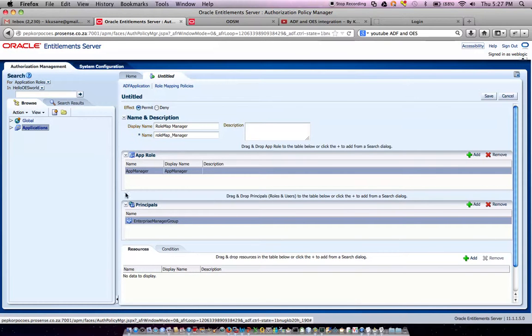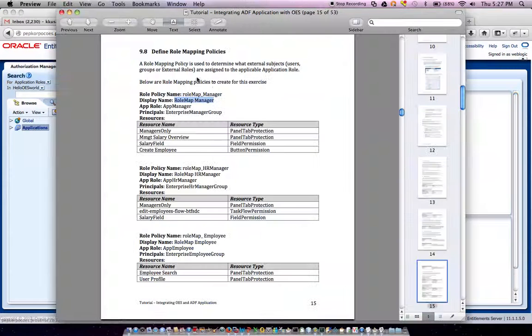So at runtime during an authorization call, the users that are members of this Enterprise Manager group will be dynamically given access to the application manager role, which is tied to the grants. So the grants mapped to this role will be assigned to the members of the Enterprise Manager group. So let's click Save to create this role mapping. All right, we have defined our first